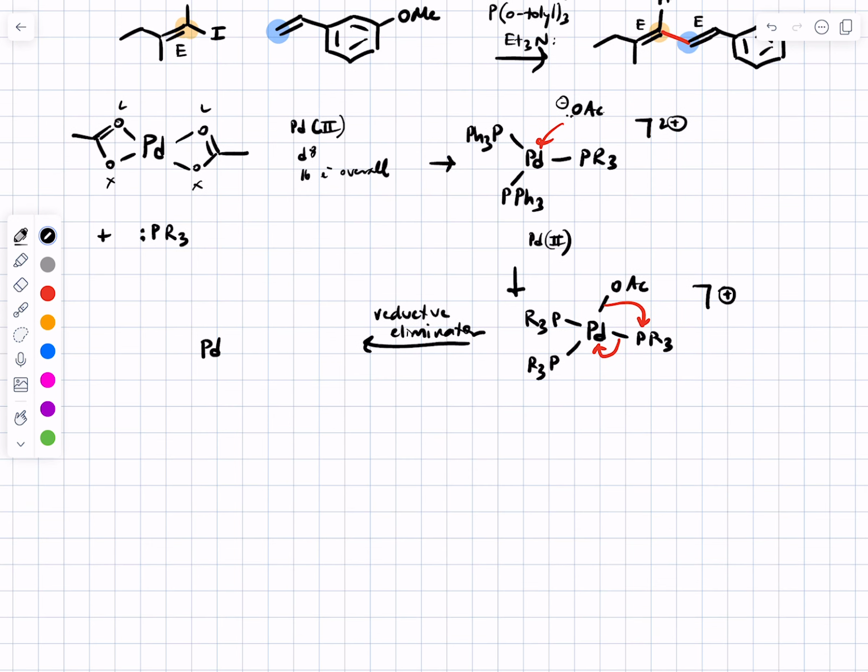Afterwards, it's just palladium bound to the 2 phosphine ligands. We've lost a phosphine ligand and we've lost an acetate. Before we had 3 L-type ligands and 1 X-type ligand, and the overall charge was +1, which means we were palladium 2. Afterwards, we've lost